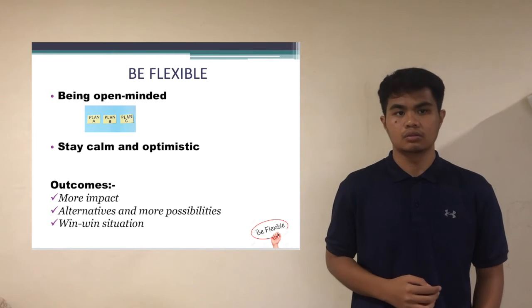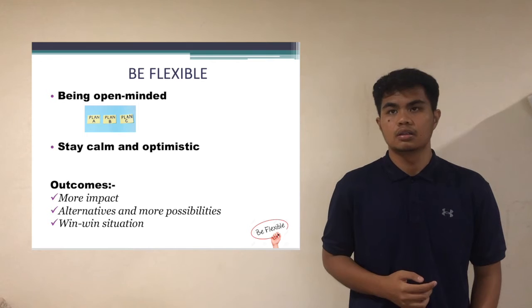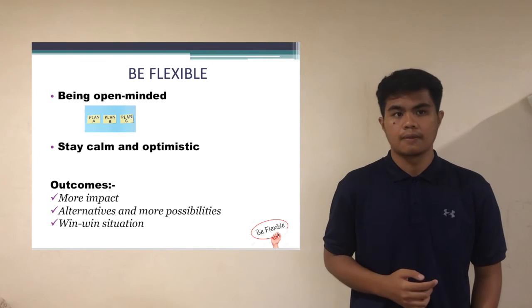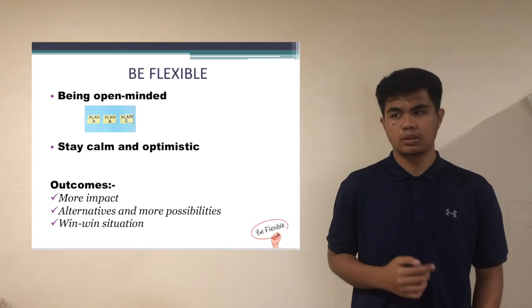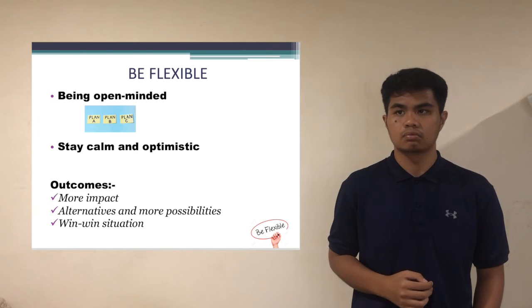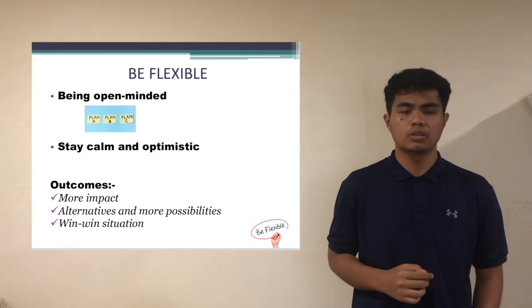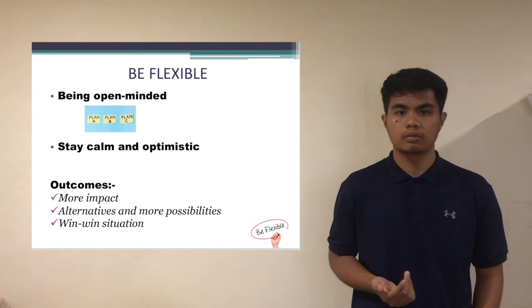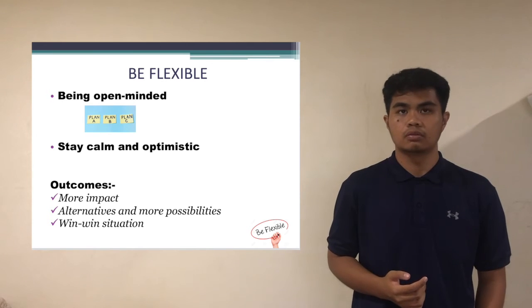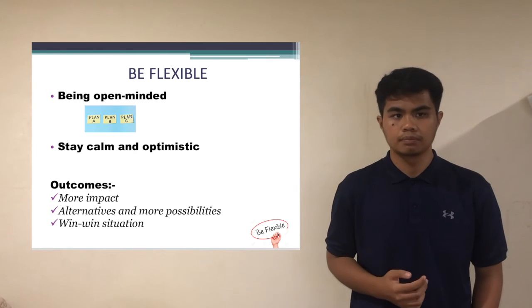For our first point, which is being an open-minded person. There's a saying that goes, open-minded people don't care to be right, but they care to understand. For instance, if you think you are the type of person that thinks you are always right, try to consider others' perspectives, even when you disagree with them. There's no right or wrong answers. Everything is all about understanding. So you are likely to find it easier to communicate with people around you, as you view from their viewpoints or different viewpoints.